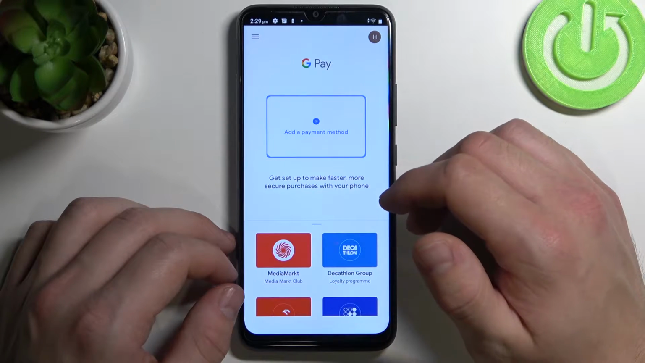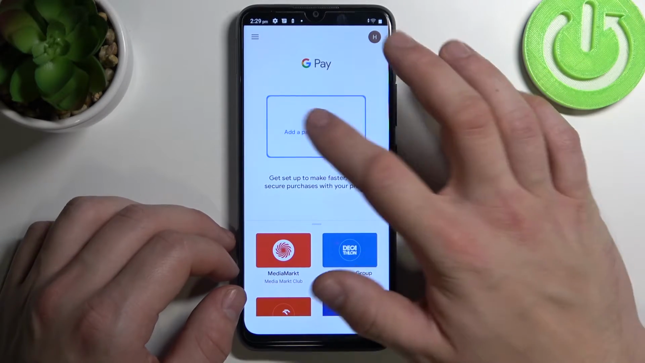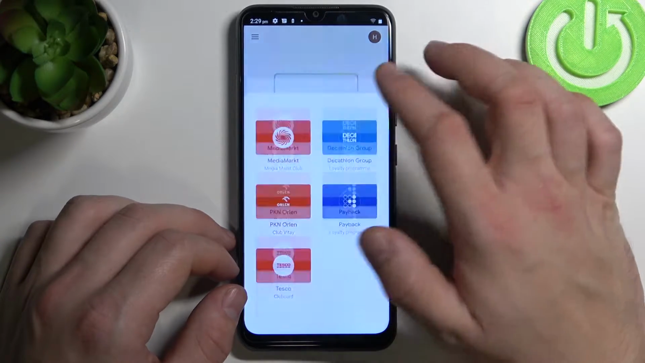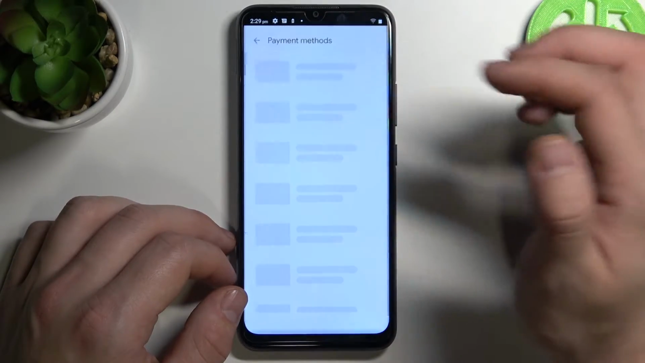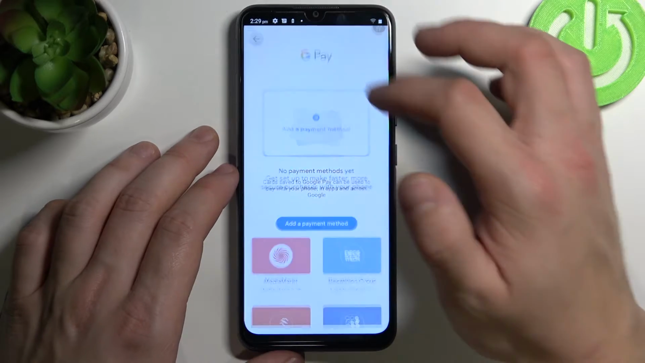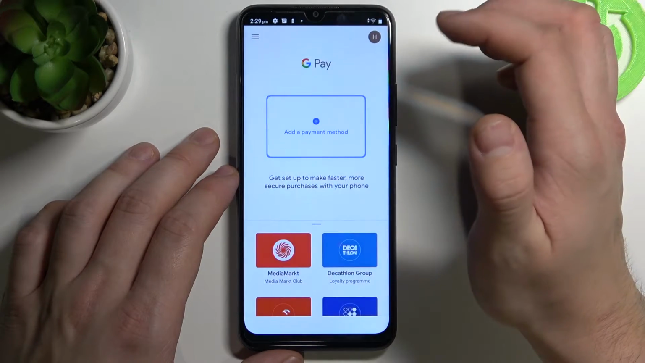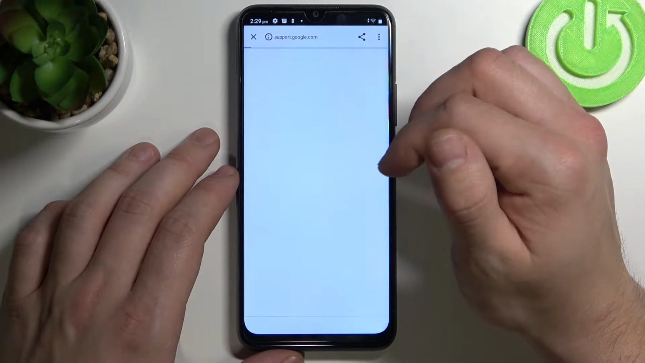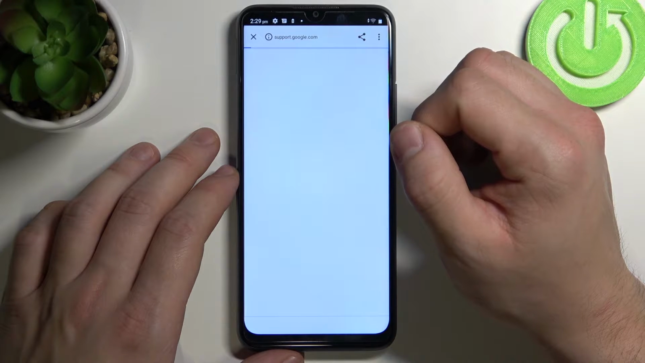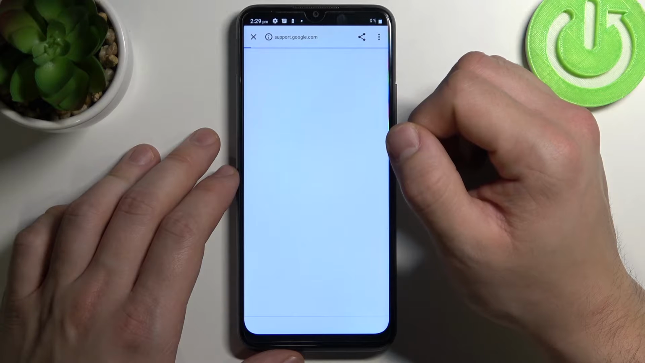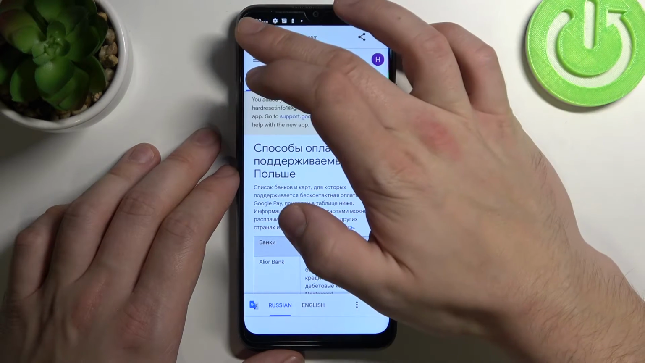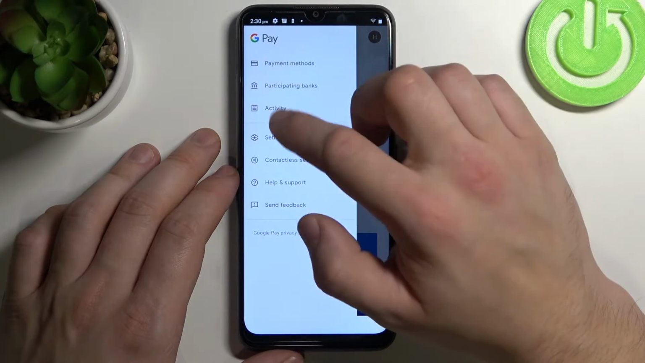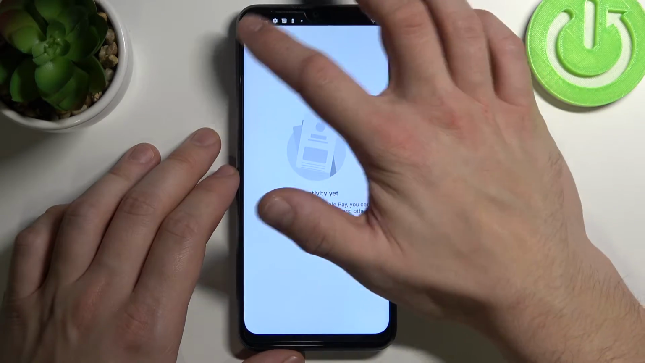And as you can see, this is the homepage of Google Pay. From here you can add payment method or add different types of cards. If you tap here, you got access to all your payment methods, participating banks, your full activity,